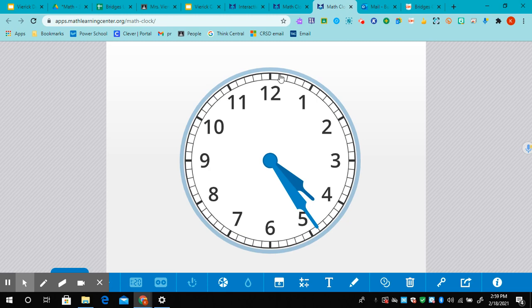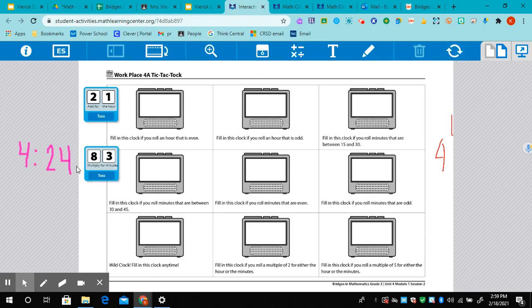Once you agree that you got the time correct, I will then go and find where I can record 4:24. Because the object is to try to get 3 in a row. You can get 3 across, 3 up and down, or 3 diagonal. So 4:24, let's see if it would fit in this clock, because it has to match what the description says